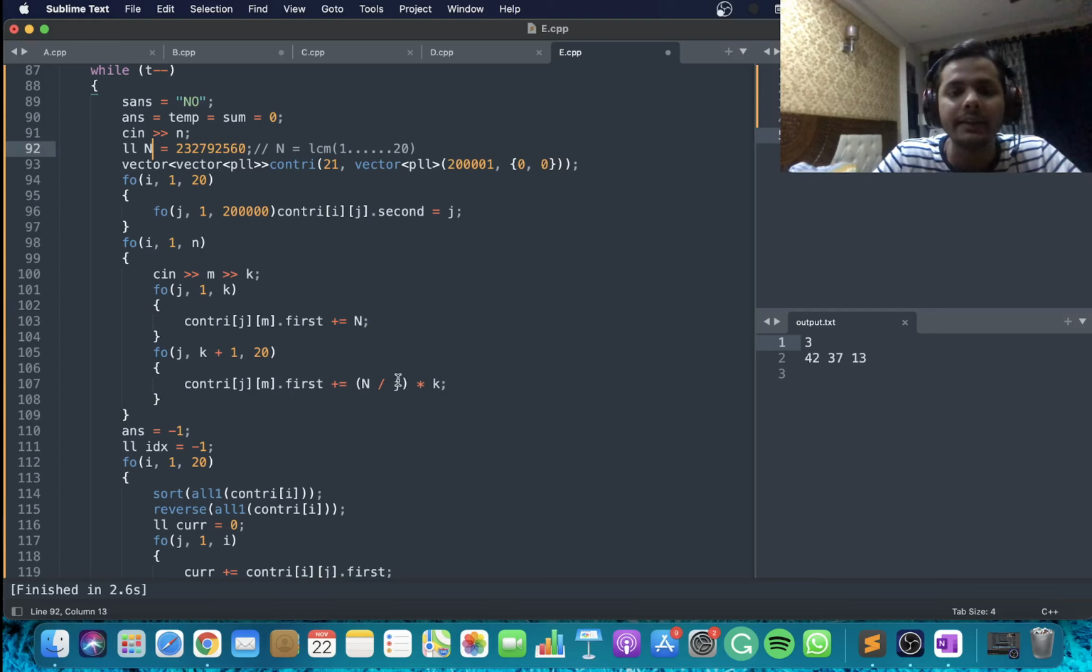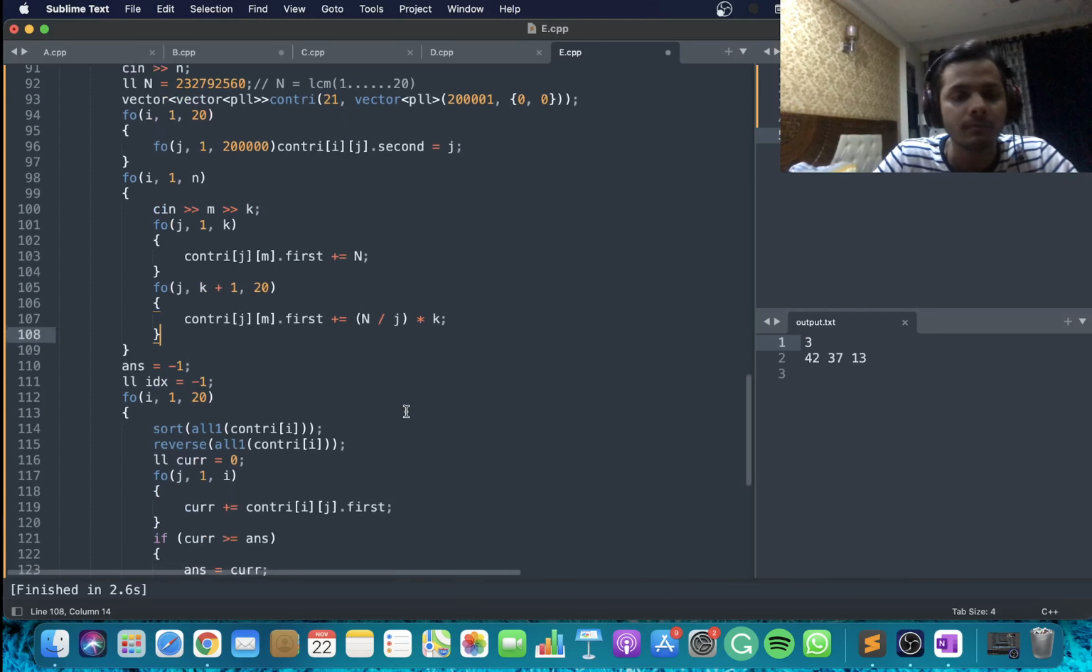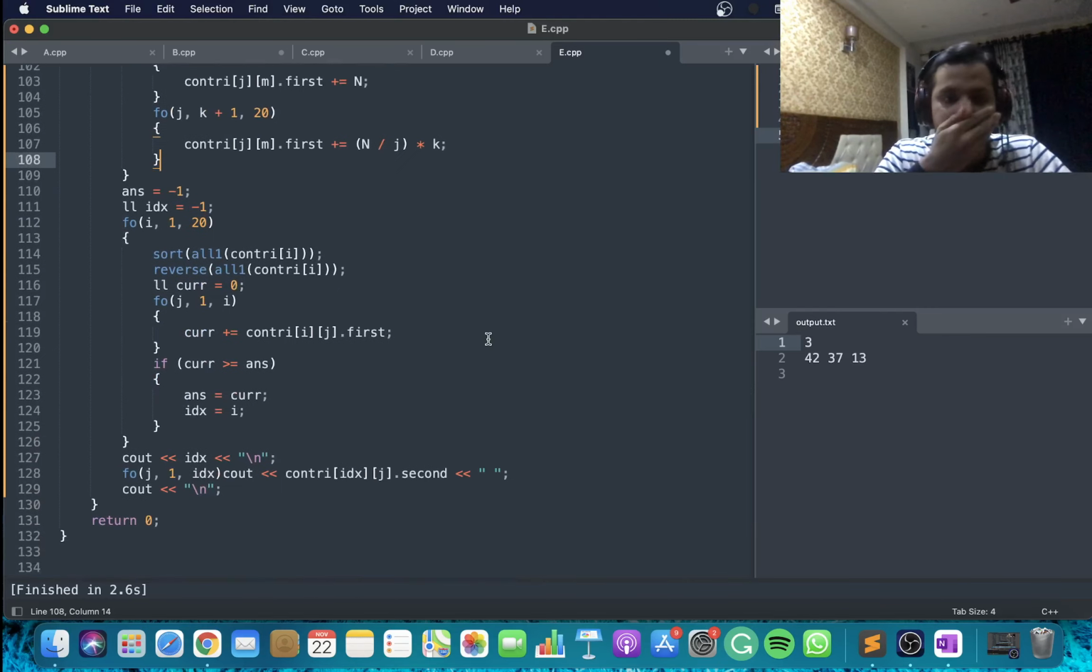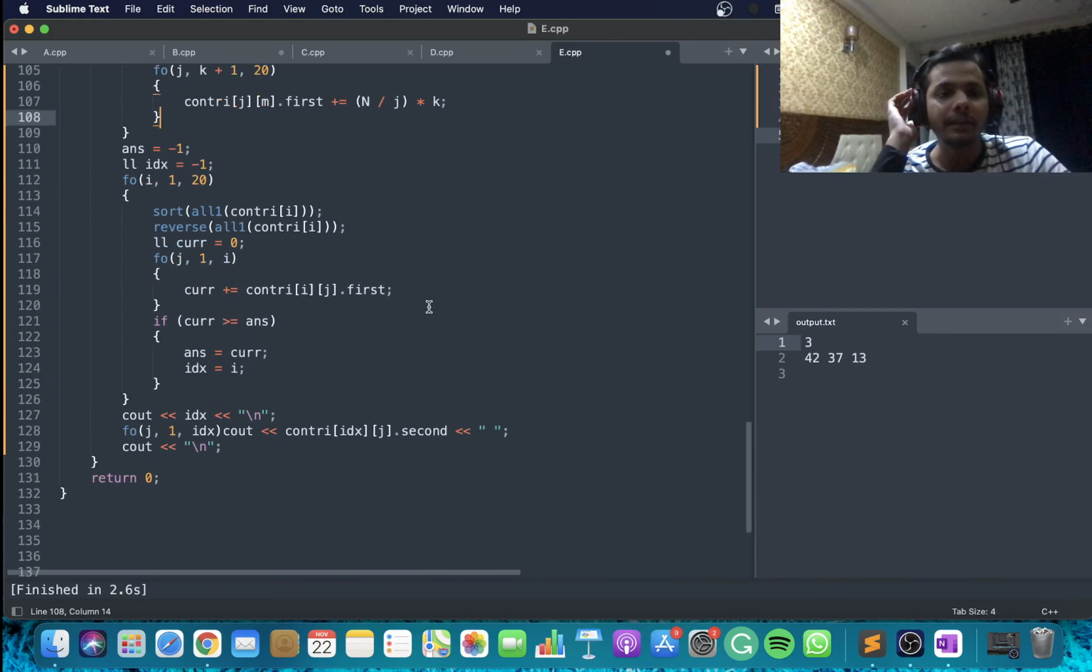And I know that in the denominator there is always a j, right? And this j can be any number from 1 to 20. So if I multiply all the probabilities by the LCM of 1 to 20, then every number will become integral. So that is what I'm doing here. And now for all the values of j which are greater than k, the probability is k by j, and to that I am multiplying capital N, right? That is done. So I initialize my answer with -1,